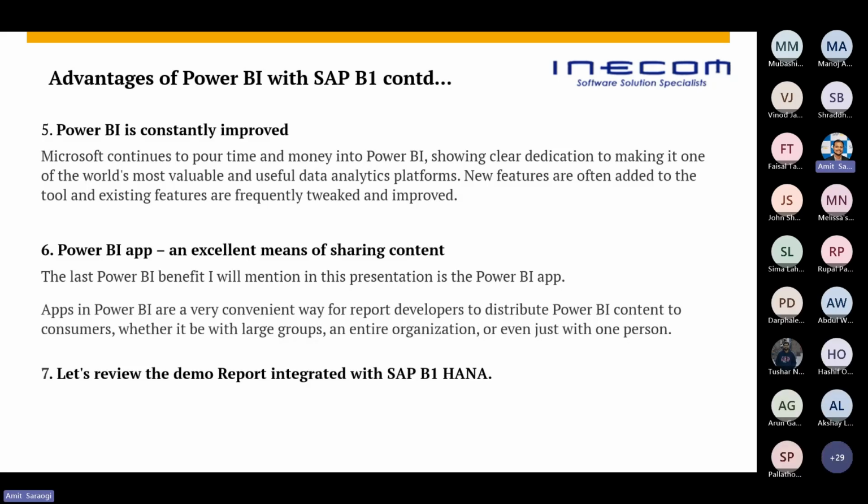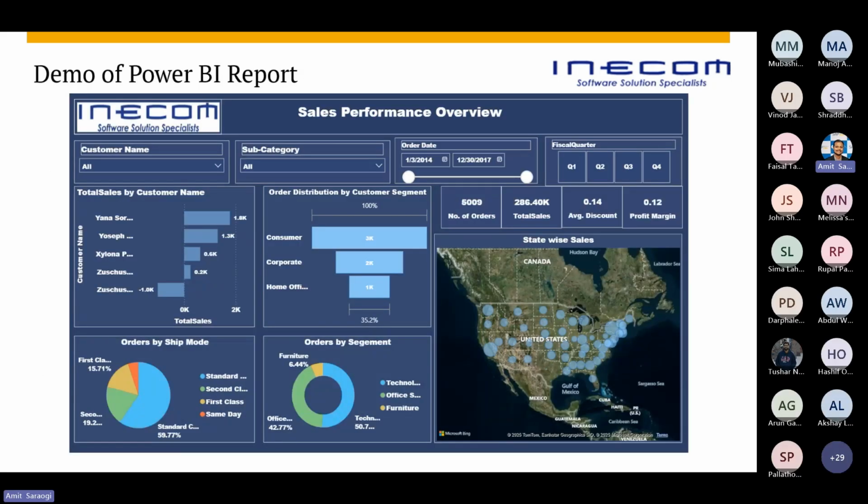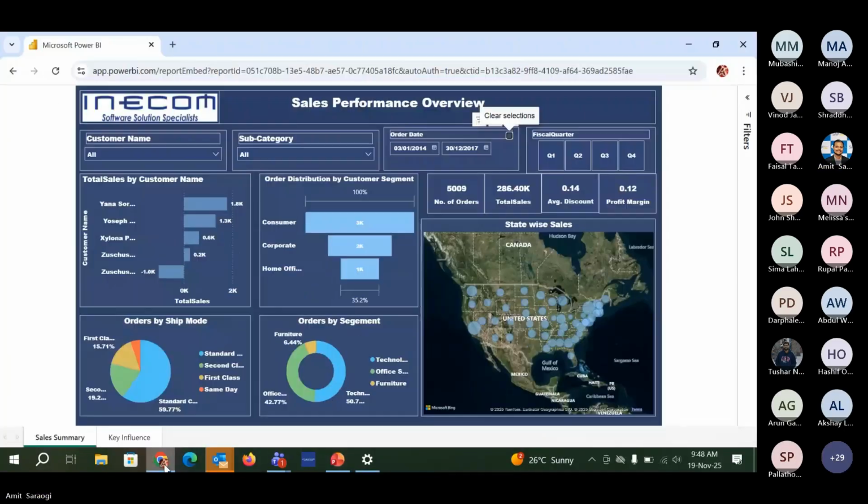So now let's look at the report which we have developed on this Power BI. So here you can see a beautiful dashboard which has a lot of data presented on it. So instead of showing it, I would like to show you on a live screen. So this is running on a browser,